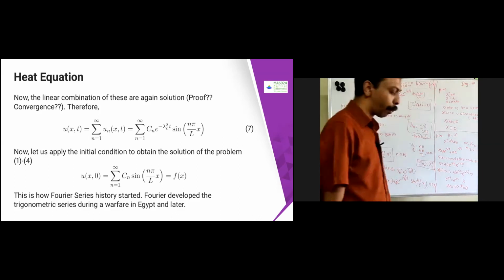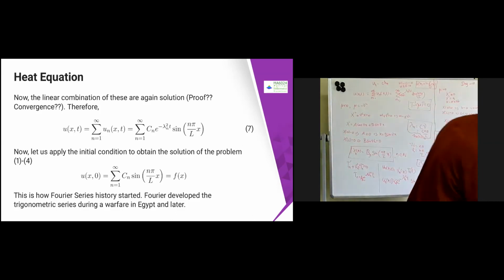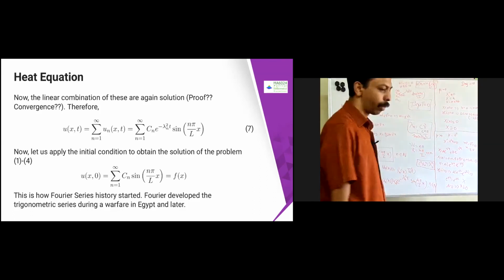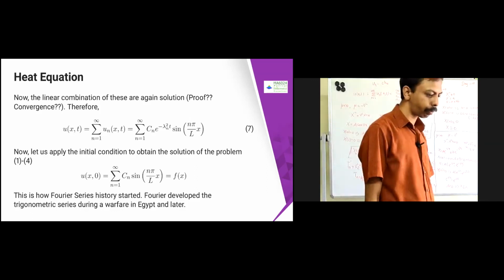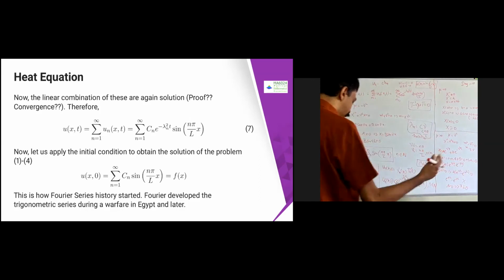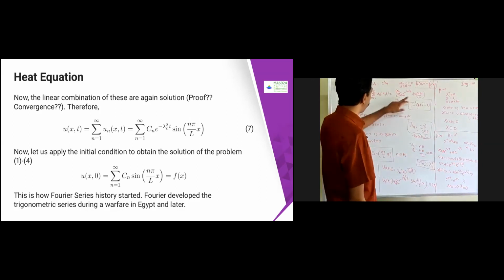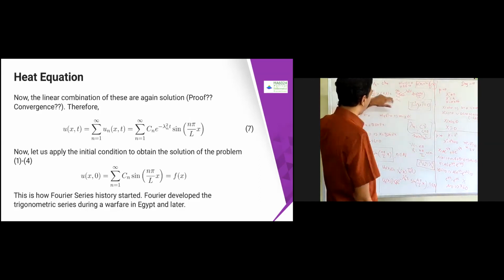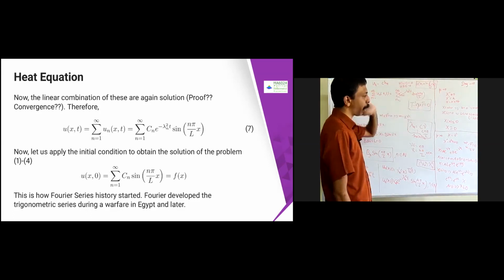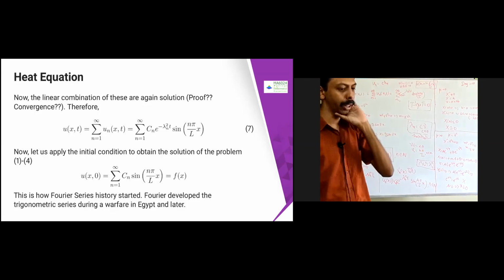Now you know some properties of orthogonality of sine functions. Orthogonality of sine functions is given like if you take sin x into sin mx, you will get that. This is how Fourier developed his Fourier theory. Fourier theory was developed from this point of view only. From this point, how did he develop it?